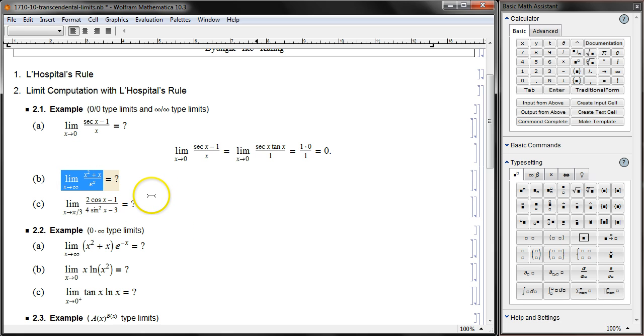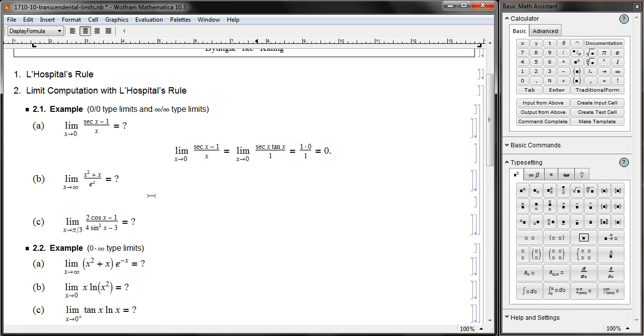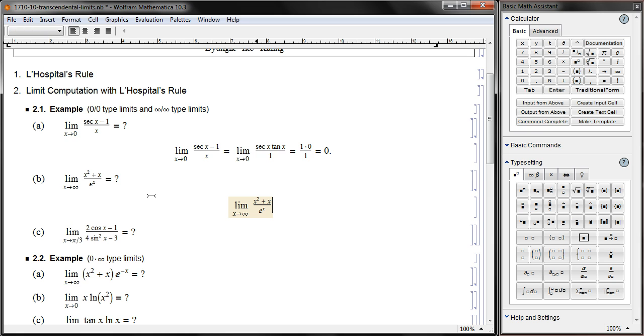How about the next problem here? Almost equally easy, as a matter of fact. We have this fraction of polynomial over exponential, and let's take the derivatives. Derivative of the denominator, it stays as exponential. Exponential never changes. How about the numerator? We have 2x plus 1. Now, it looks as if this is inconclusive, but almost every student must have seen it okay, because x squared